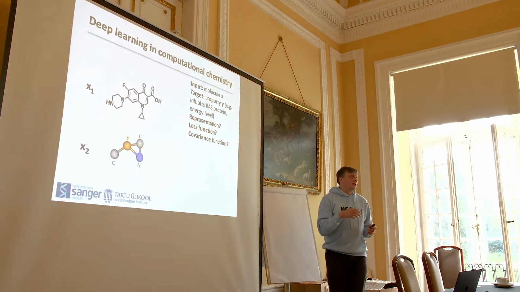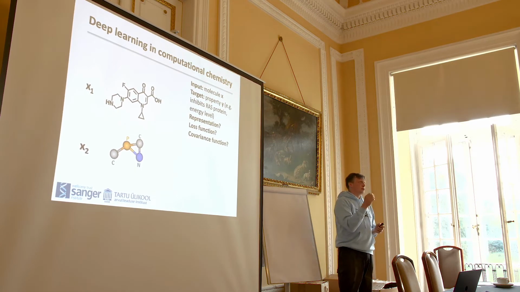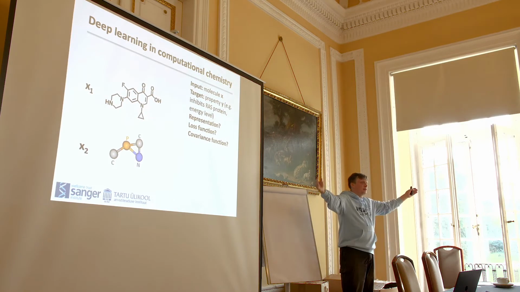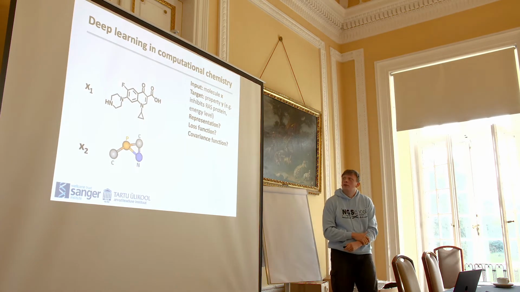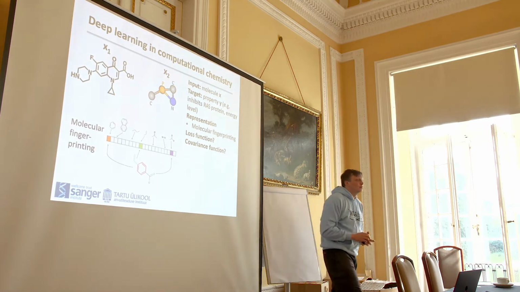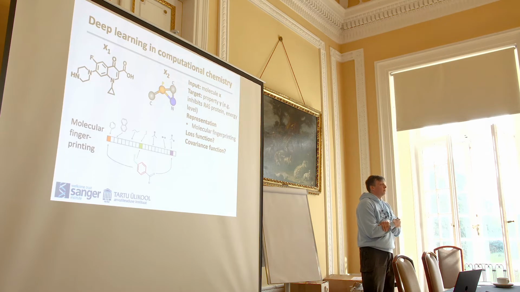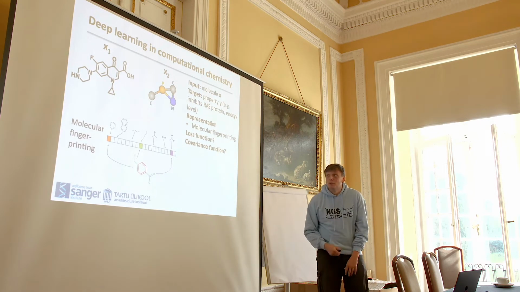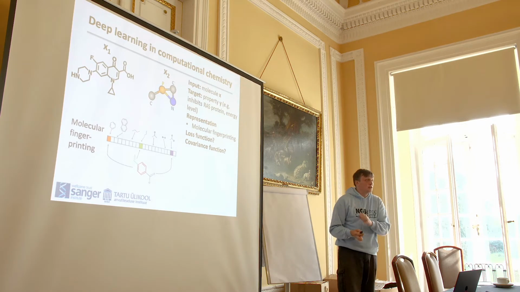So in a way it's like a fingerprint. You sort of enumerate things that you've previously seen that you know are important. You have a big vector and then you say, do I see this, do I see this, do I see this, how many times do I see this? Okay. I think that's molecular fingerprinting. So this makes perfect sense, and it's been a mainstay of this kind of analysis for decades at least.